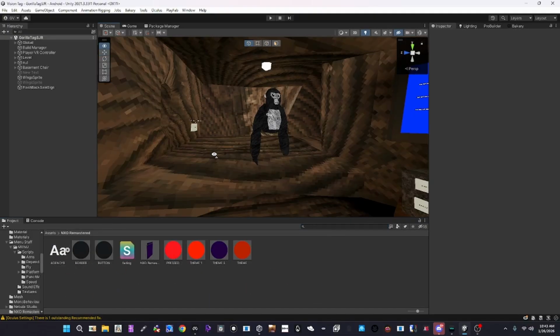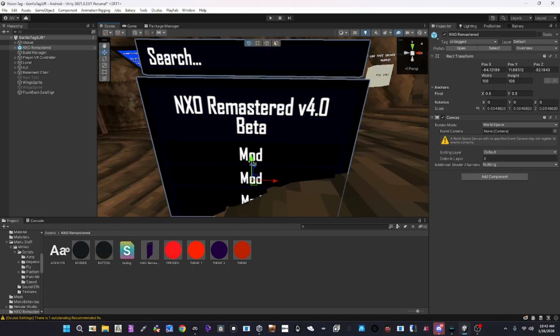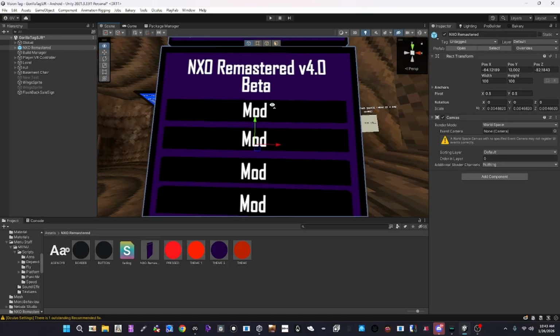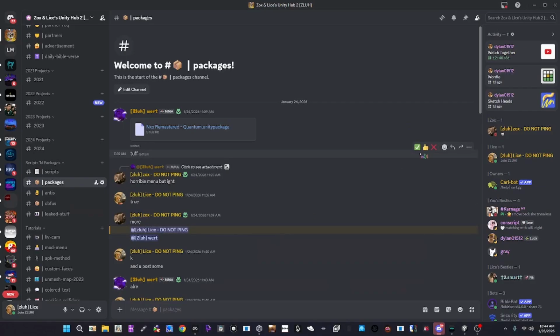Now after that, you will need to drag this in, and then as you can see, you should see the menu. But it looks kind of plain with no mods, so that's why you have to add some mods. So now you go back to my Unity Hub, go to the scripts,